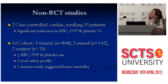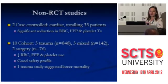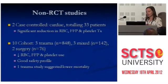Non-randomized trials, there are 12 of those. 2 of them are in cardiac surgery, but only 33 patients. In both of these studies, they showed a significant reduction in red cell, FFP, and platelet transfusions if those patients were given fibrinogen concentrate during cardiac surgery or after cardiac surgery. In the other 10 studies, there's a mixture of patient group there, and there's a mixture of conclusions from those studies, but in general they showed that if patients were given fibrinogen concentrate, then their blood product requirement was significantly lower. In all of these patients, there were very few thromboembolic events, but there are minimal number of patients so